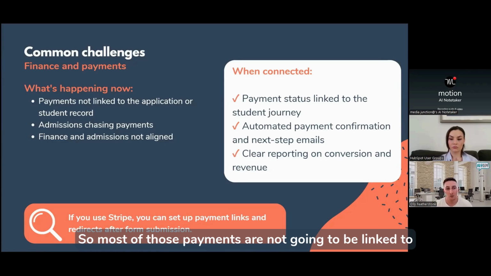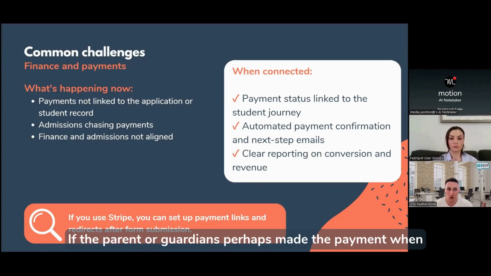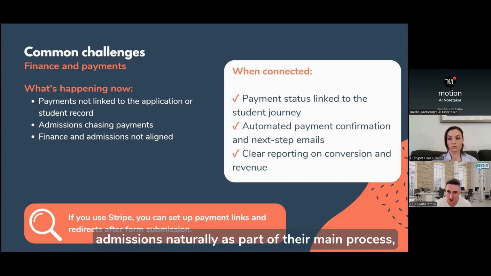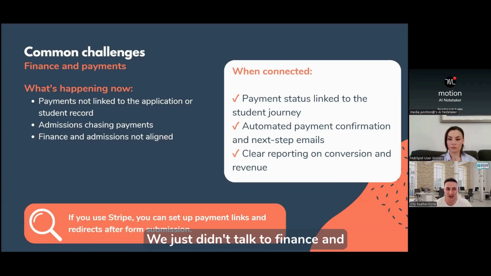So most of those payments are not going to be linked to an application or a student record, or even really have visibility of which of the parent or guardians perhaps made the payment. When admissions naturally, as part of their main process, have to then chase some of these payments as well, how do we know what the status is? Are we sending people emails chasing when actually we've got the money, we just didn't talk to finance,